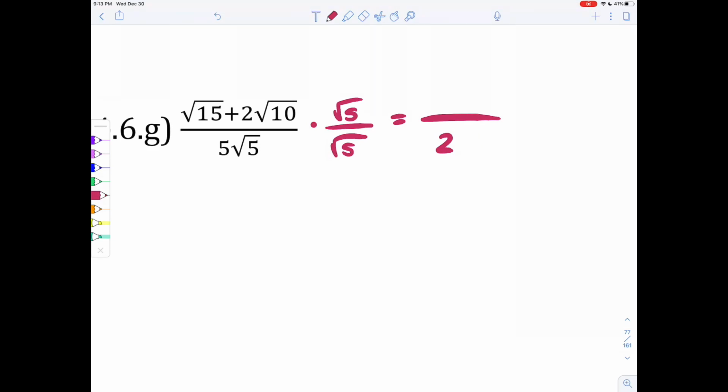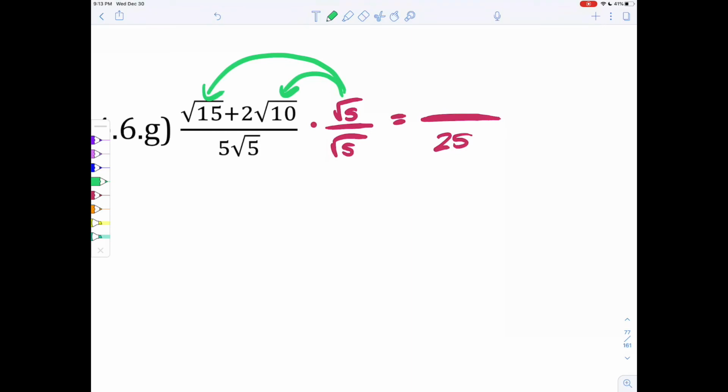So maybe you go, I'm just going to go 5 times root 5 times root 5, and then you go to 5 times 5, and then you go to 25. That's totally cool. But you're more than welcome to go straight to that 25 piece there. For my numerator, again, because there's 2 terms separated by this addition sign, I have to distribute that root 5